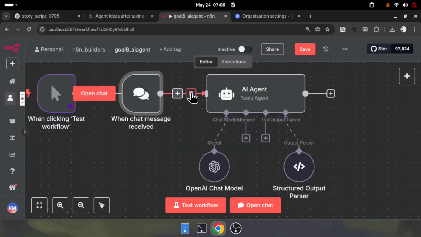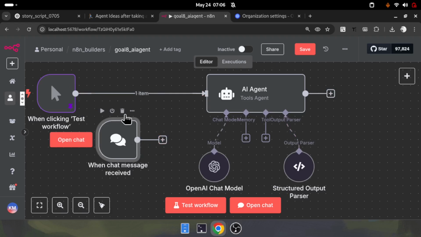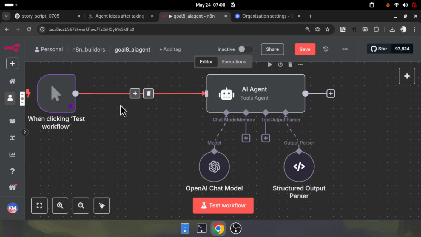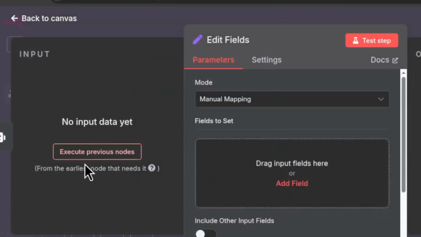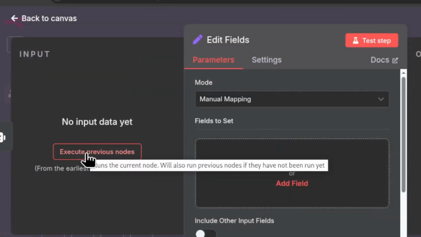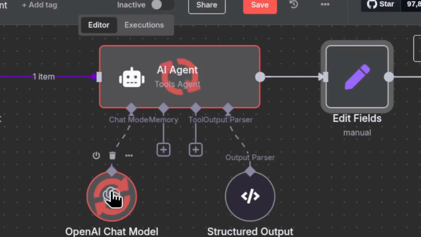In the canvas, your agent might be connected with chat trigger, disconnect, and delete it. Ensure agent is connected to manual trigger node. On the output of the agent, add the edit fields node. On the input side, click on execute button, and in the canvas you will see the agent and subnodes being